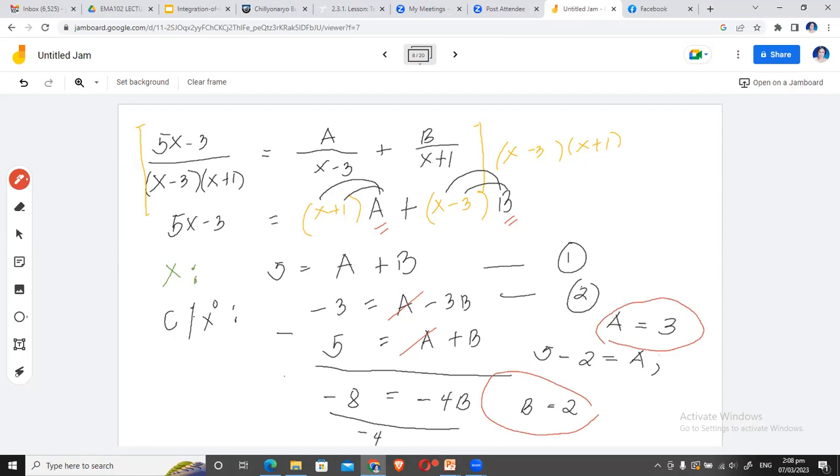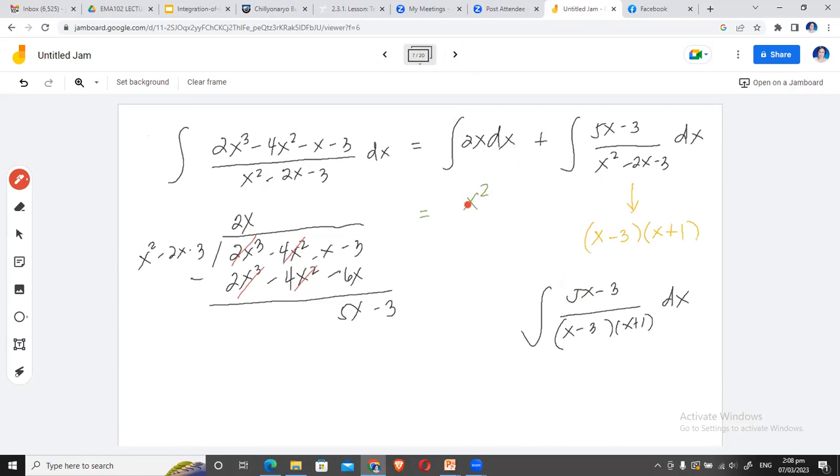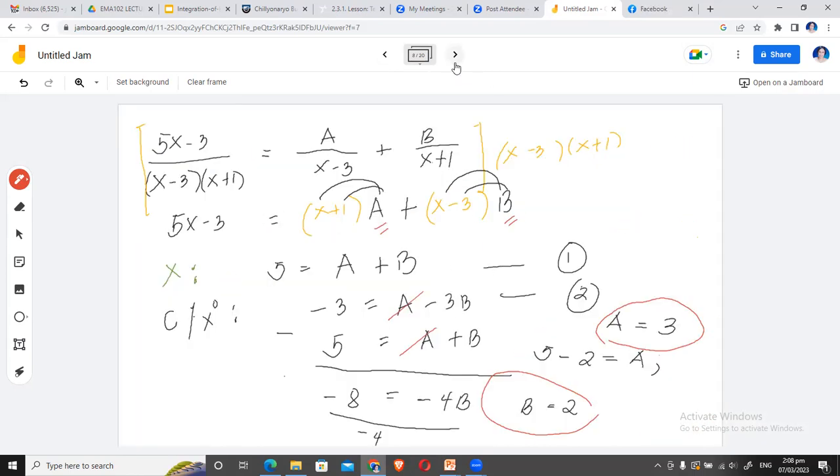What are we going to do with these two? So let me proceed to the next slide. You will now substitute A is 3 in here and B is 2 in here and evaluate these integrals separately or individually. Okay, so now I will proceed on the next slide. So remember that in here you have already x squared as the answer. So therefore,